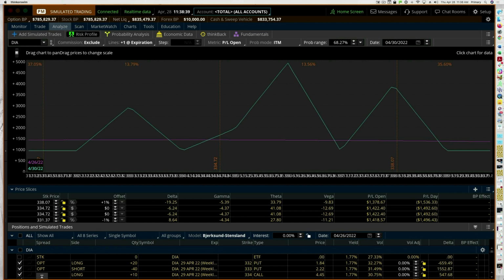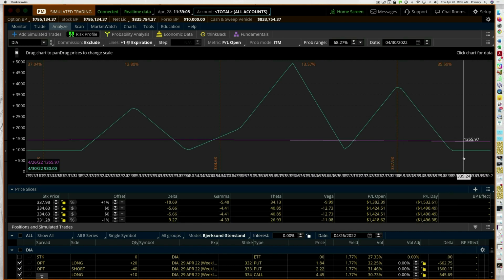And Tastyworks' advantage, in my opinion, you might have other brokers that can do even better commission rates than Tastyworks, but it's $10 a leg and 10 cents for clearing fee. And it doesn't matter how many options you do. It's $1 an option for under 10, and it's $10 for one leg of 10 options. Or if you do 20, it's still $10. If you do 40, it's still $10. If you do 100, it's still $10.